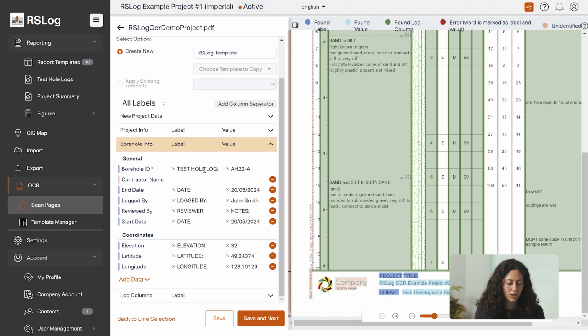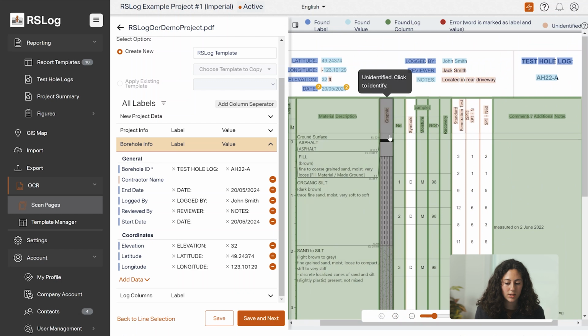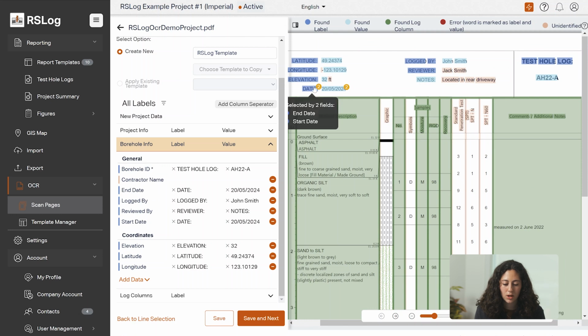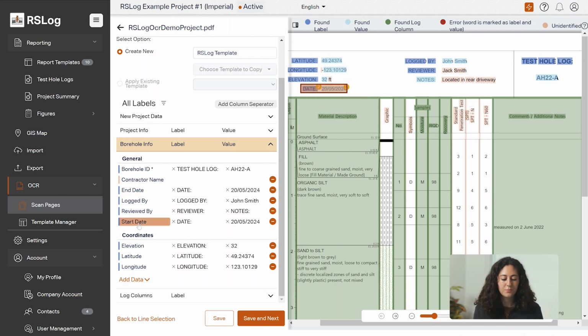Now, if we move to the information in the left sidebar and then scroll to the top, we can see where this data is located. So borehole ID is correct, end date is correct, but you can see here there's a "to" value on the PDF. This is just indicating that there are two fields that have this word selected. So in this case, it's end date and start date. This is just a quick indicator that this piece of data is selected multiple times, which is fine, and in this case is correct. So moving on to logged by, which is correct,